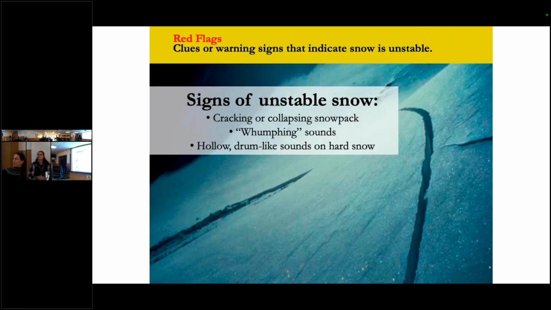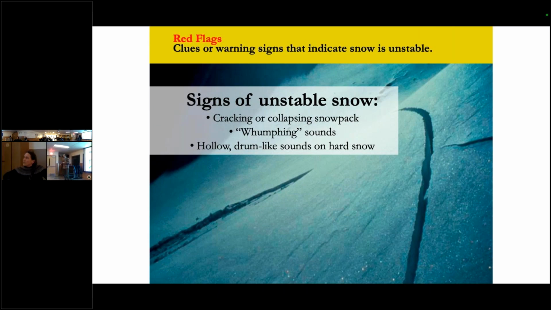So you see a crack in the snow, you might even be walking, hiking along, and from your feet, you see a zip happen. You might not release, but it's a red flag that there's some instability there.